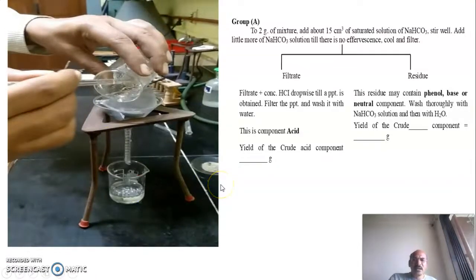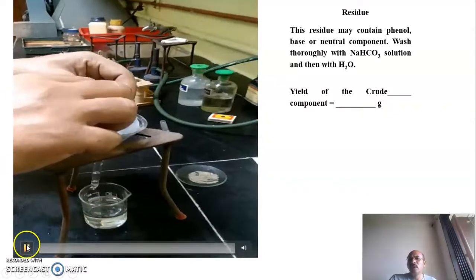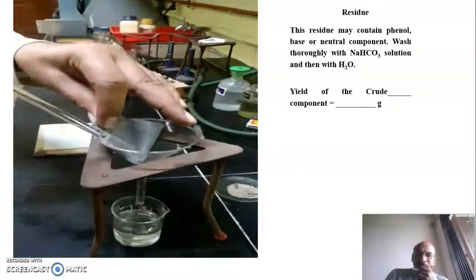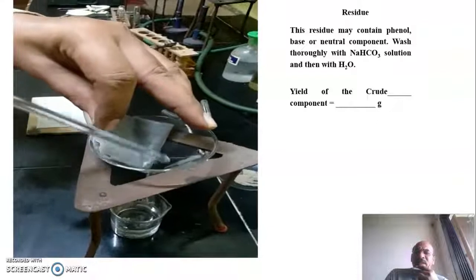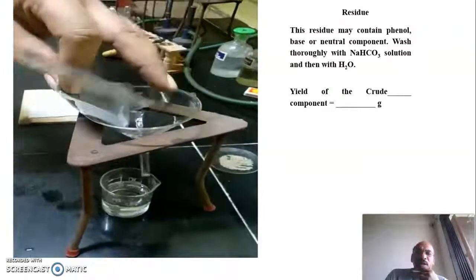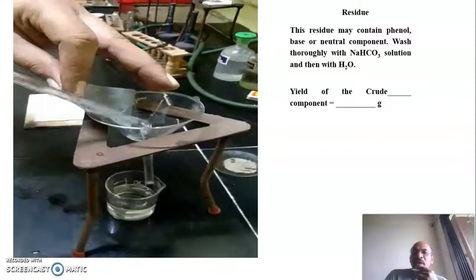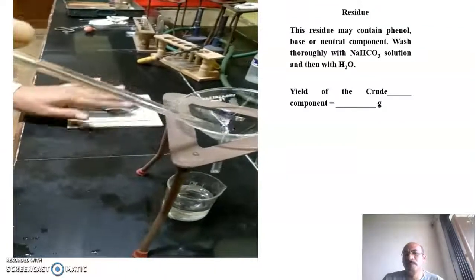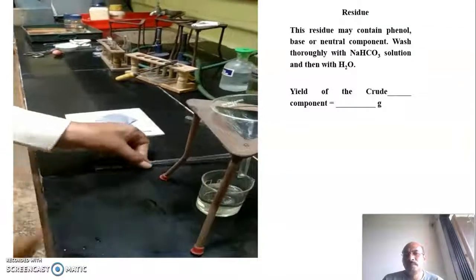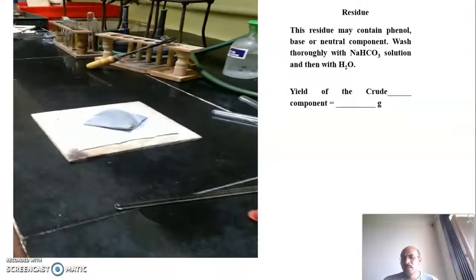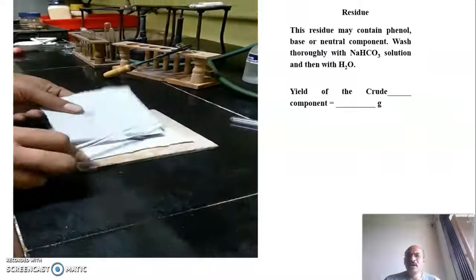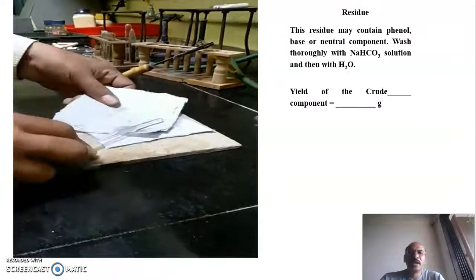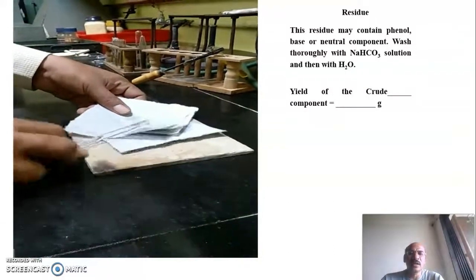Now this is filtration. Then we will see what to do with the residue. What is the residue? Either base, phenol or neutral. We will remove water. We will press that using filter paper so as to make it easy to remove from the filter paper and to keep it for drying. Complete neutralization, complete regeneration, those aspects you have to keep in mind because points are there, marks are there for yield.